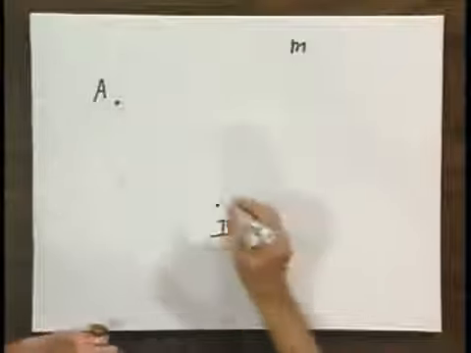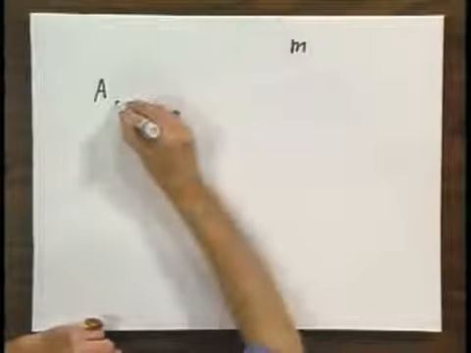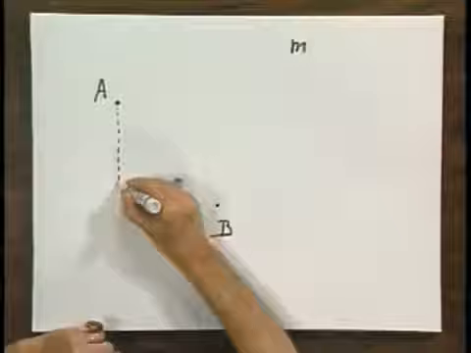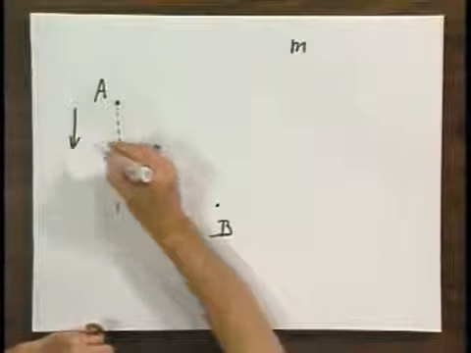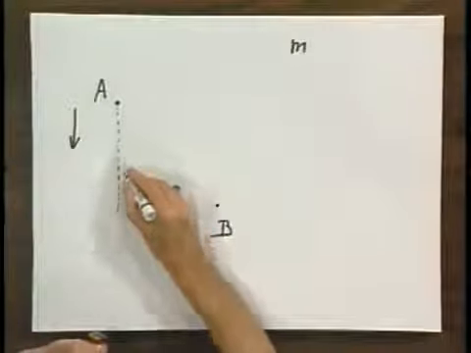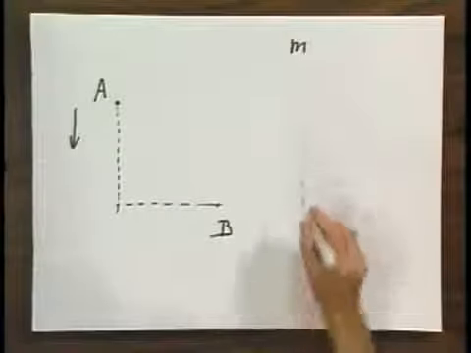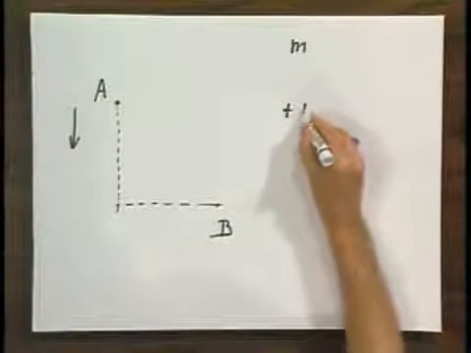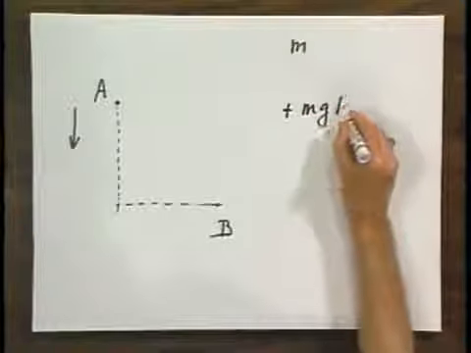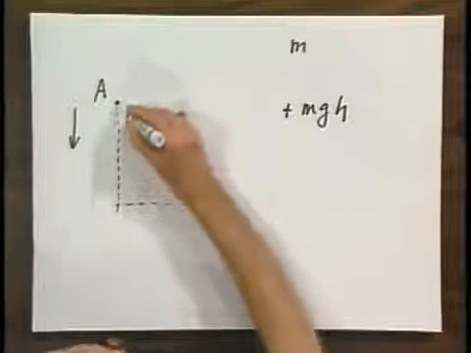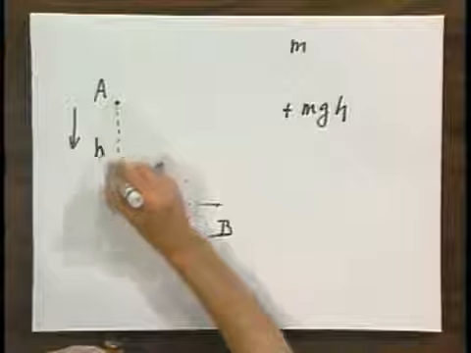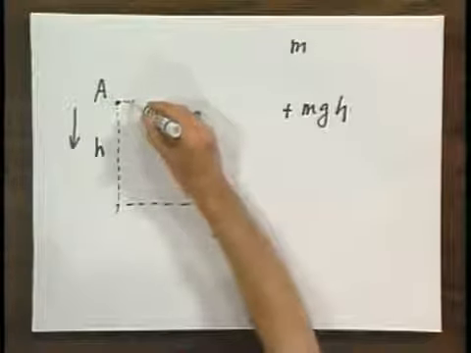If I go from A to B with that object little m, I go vertically down, gravity is in this direction, and then I go horizontally. The work done by gravity will be plus mgh, if the vertical separation between A and B equals h. If I go this way,